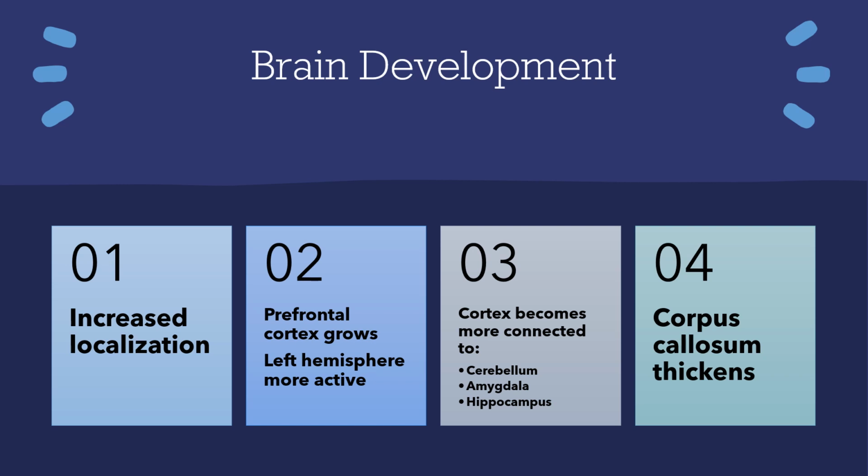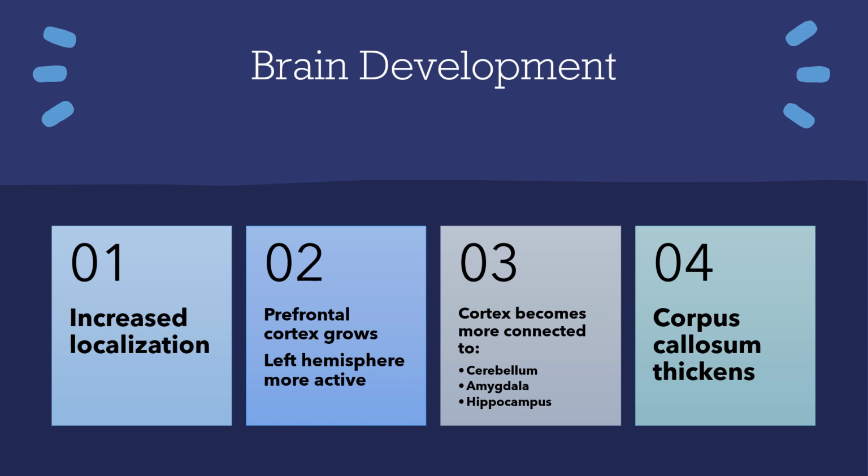Their cortex begins to become more connected to certain areas of the brain that are going to help with their balance and posture and their emotional regulation and their memory. So the cerebellum is a part of the brain at the base of the skull, at the back. Cerebellum actually means little brain because it looks like a second little brain attached to your brain. The cerebellum is really important for overall coordination, movement, balance, and posture, sort of timing our movements. If you think about a kid swinging on the monkey bars, the cerebellum is going to be really important for activities like that.